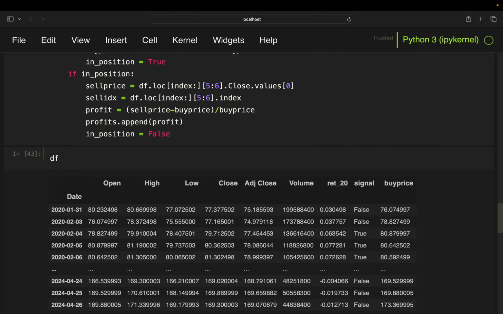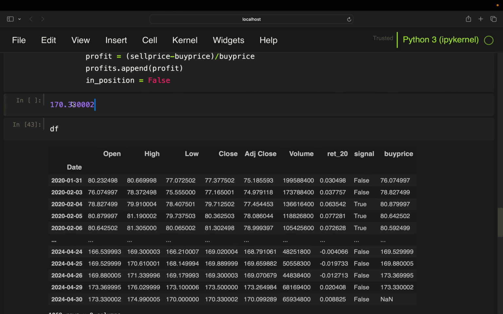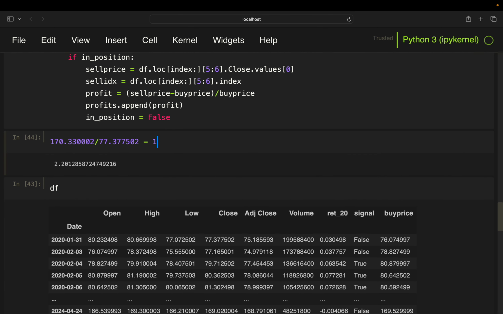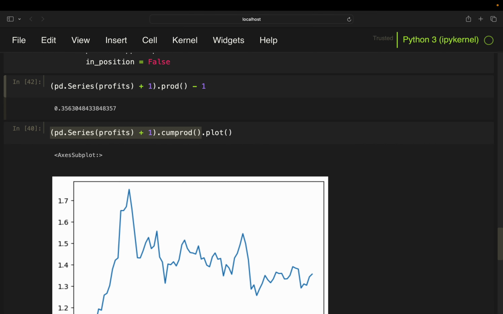So if you want to do something like a buy and hold comparison, Apple was rising by 120% over this time period. So the buy and hold approach would have outperformed the momentum approach here,